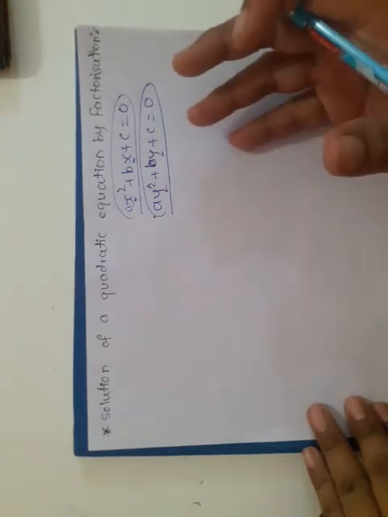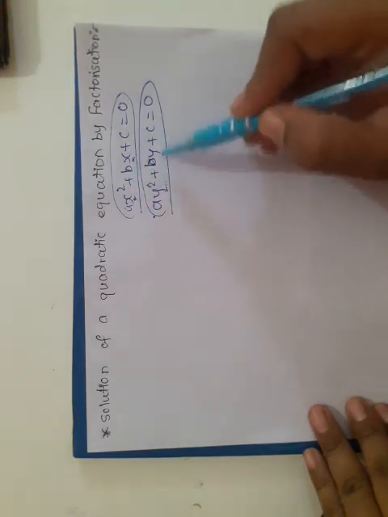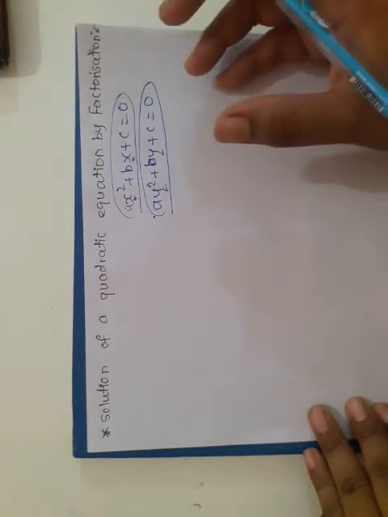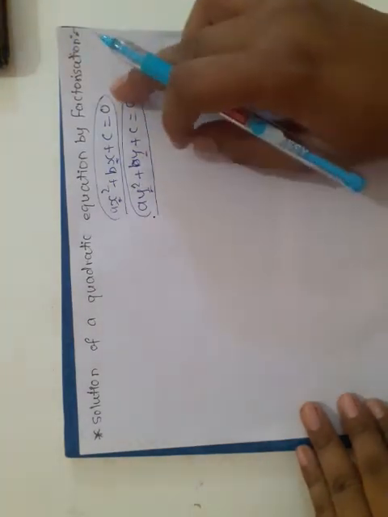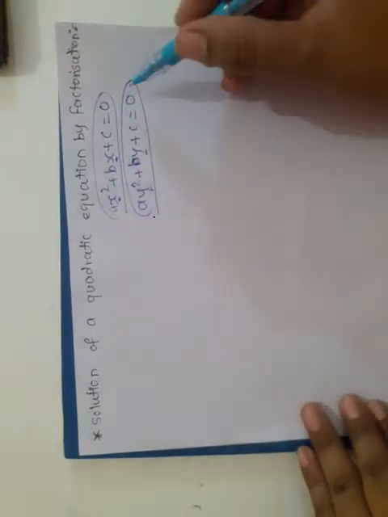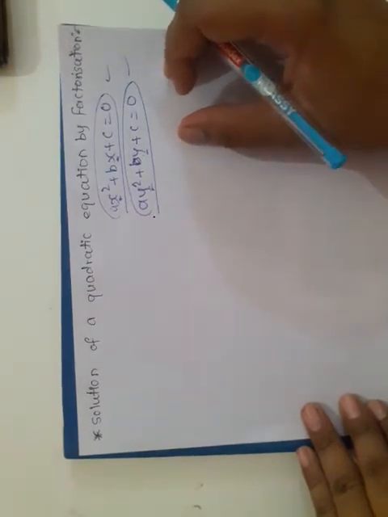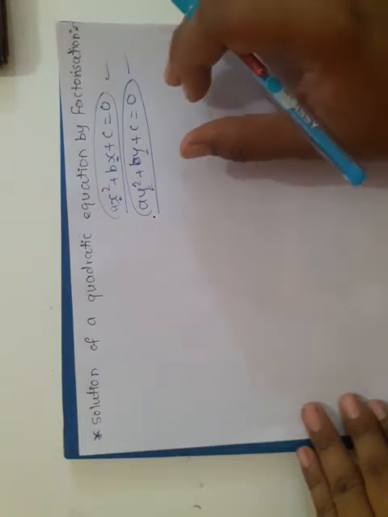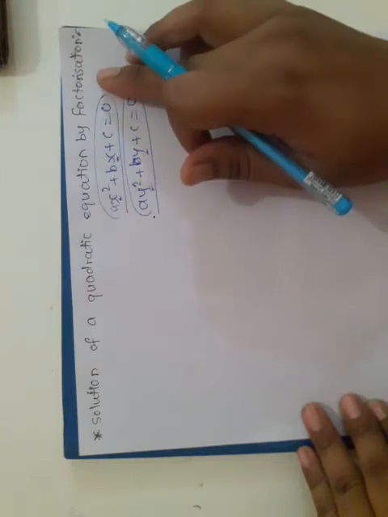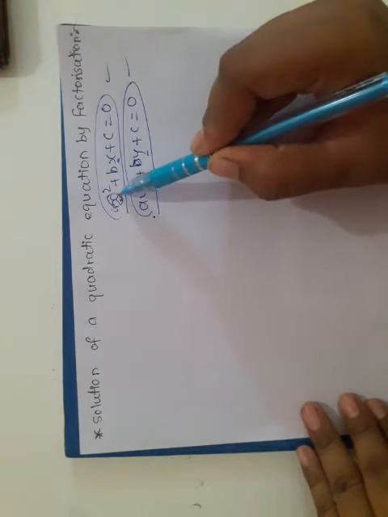There are various types of quadratic equations, one having x as the common variable and another having y as the common variable. Like this, we get a quadratic equation in only one variable. If a quadratic equation is given to us, then we have to find the solution of that quadratic equation, which means we have to find the zeros, or we can say the roots, of that quadratic equation by using the factorization method. Actually, we have to find the value of x here.